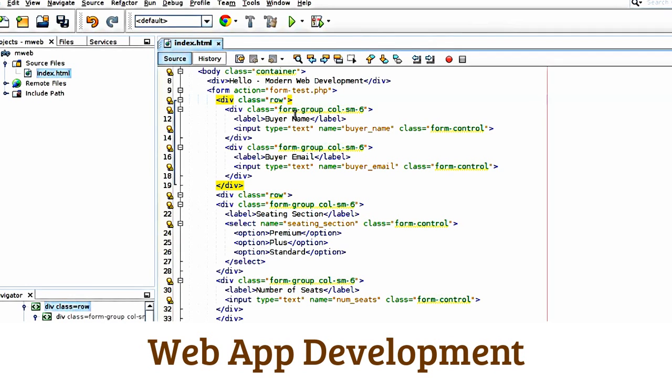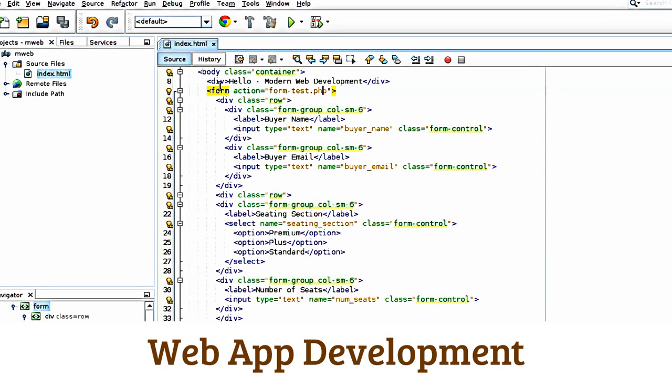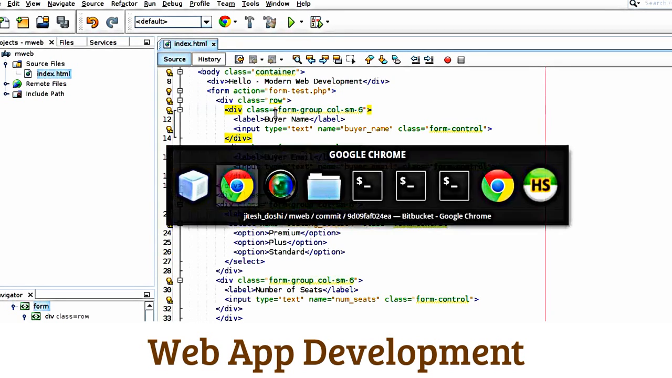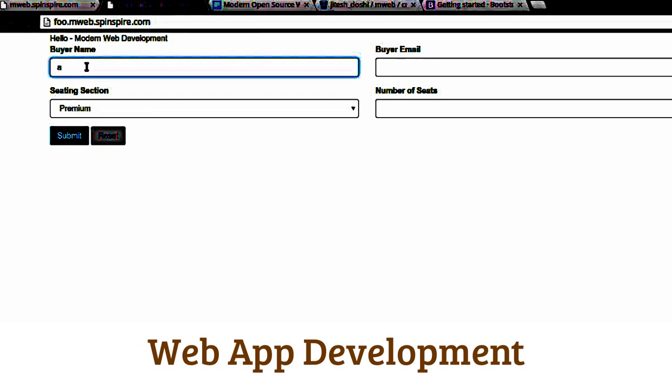Okay, so this is our first brush with PHP. I'm assuming that you have configured your web server to be able to execute PHP, but if you are using MWeb, my MWeb server, then you don't have to worry about that. It's already configured. So what this says is that when the form is submitted, let's submit the form, right? So let's just put something in there